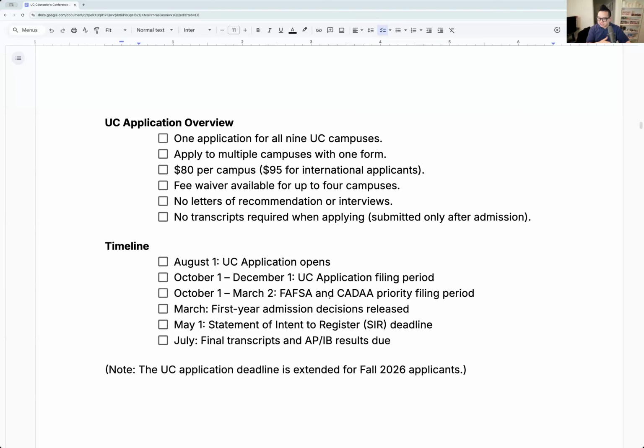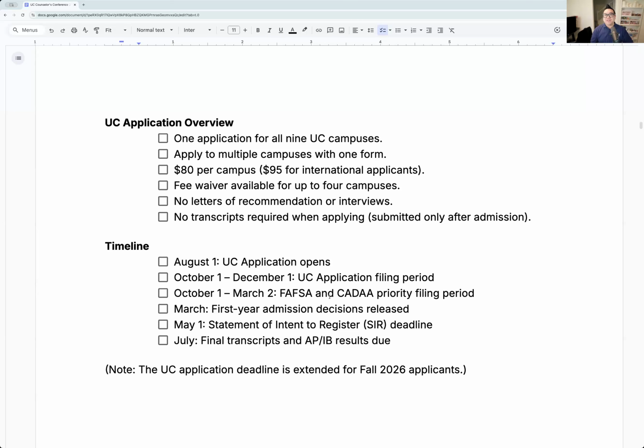Timeline-wise, the app is open. A lot of our seniors are working on their essays right now as well, too. You can start submitting as early as October 1st. So now, if you want to submit your UCs, you can submit them now. There is no practical benefit, though, from my point of view, to submit now. We have our own coaching students submit mid-November. Again, if you want to do it now, you can, but there's no real benefit. Readers aren't even trained yet, so you're just in a pool of folks. So usually we have our students submit beginning of November, mid-November. Try not to wait till the last day, right?